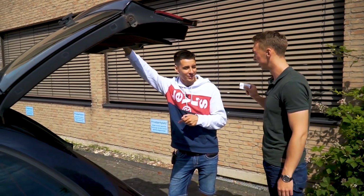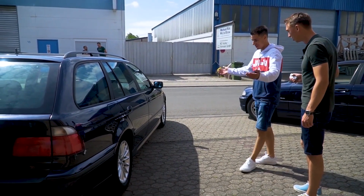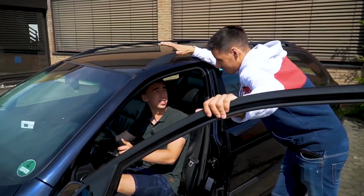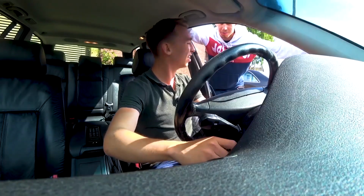Mine was 750 just for the car, and not a dime spent on repairs. I mean, for this kind of money, you can't even buy a Lada back home. Automatic transmission. That's not ideal for competition. True, but if you're talking road trip to another country...